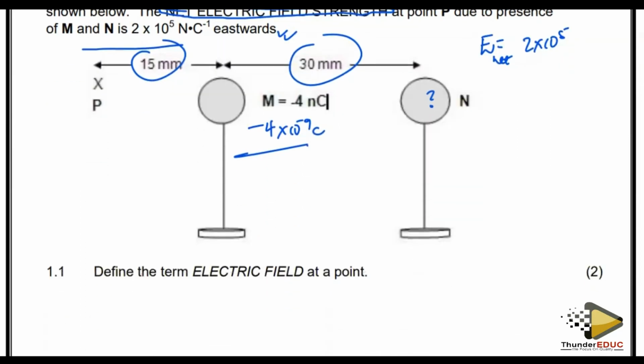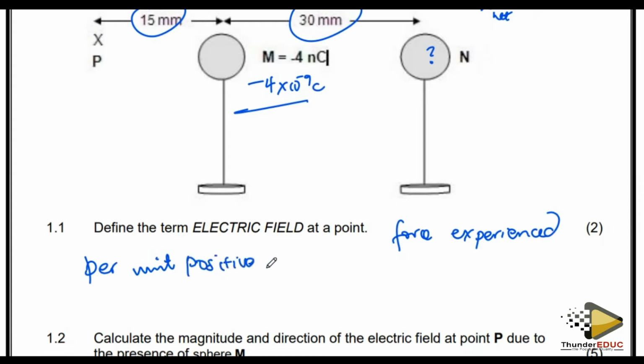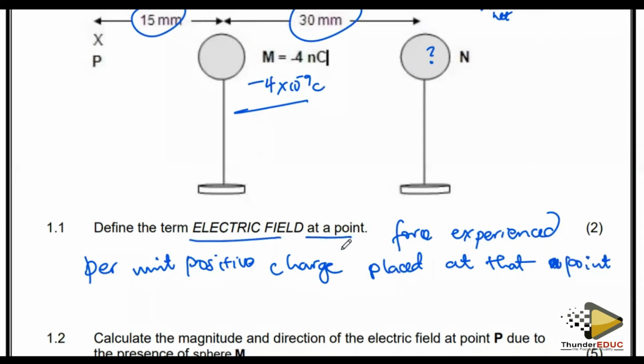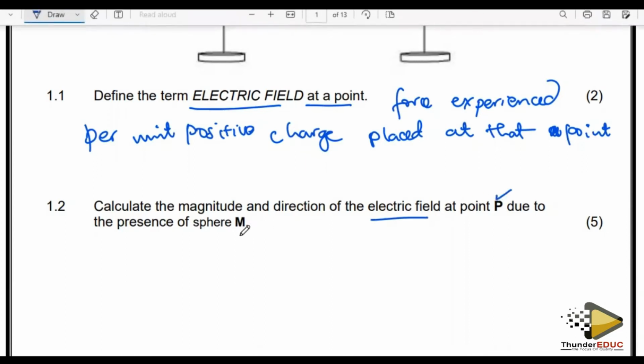All right, let's see. So define the term electric field at a point. We say this is the force that is experienced, but per unit positive charge placed at that point. Okay, that is if they ask you to define electric field at a point. That would be it. Then calculate the magnitude and direction of the electric field at P